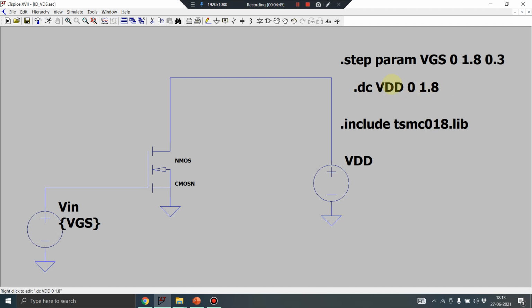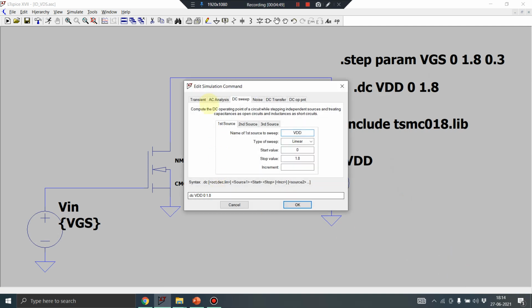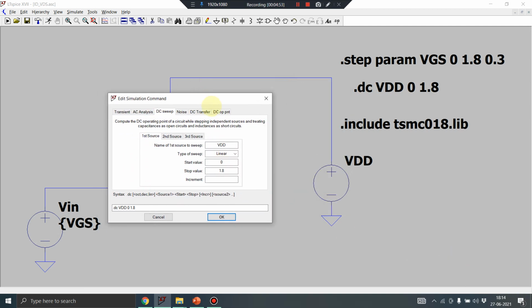So where do I get these DC sweeps? If I right click, I go to simulation command. So I am doing a DC analysis now here. If you see the DC analysis, I have taken a VDD, which is this source, and I am going to change the DC value of this source